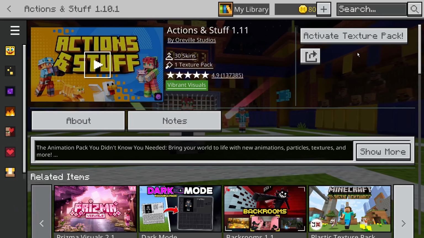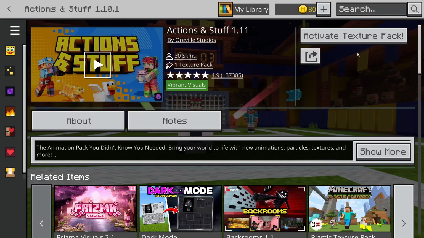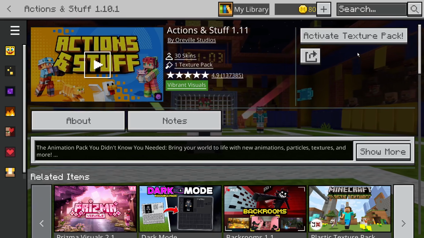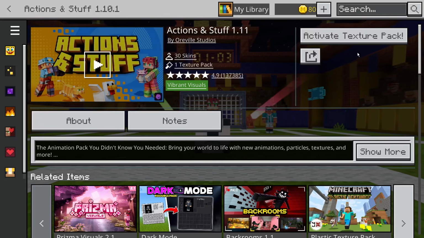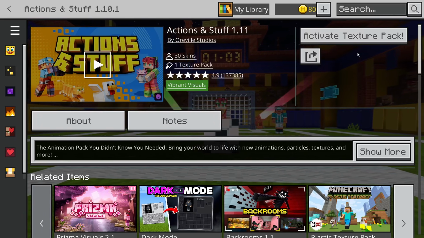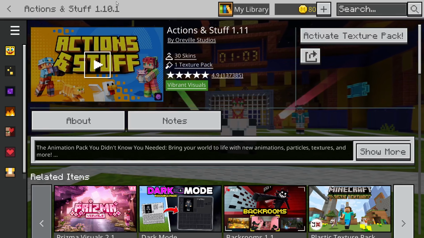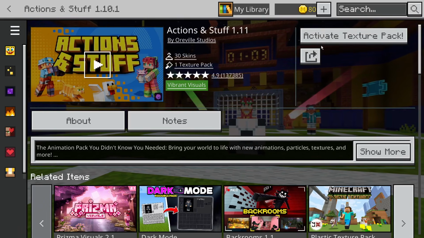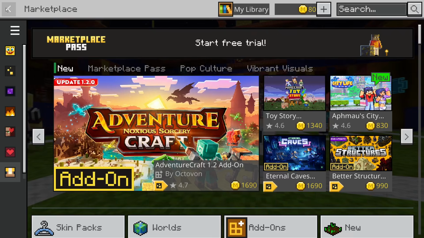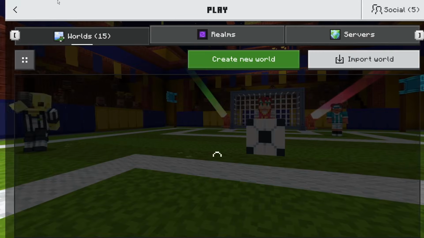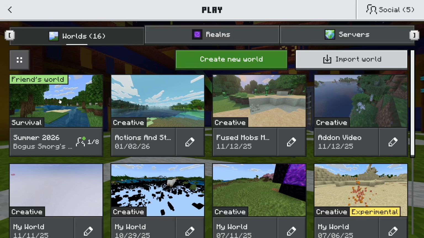Now you can get this if you're a part of like the marketplace pass, or you can just go ahead and purchase it. I think it's only like $2 all the way up to $8. Can't remember the exact price since I have it right here, but this is where you go ahead and download it. Once you have it downloaded, and it might say update for you if you already have it, you just got to back out of here,